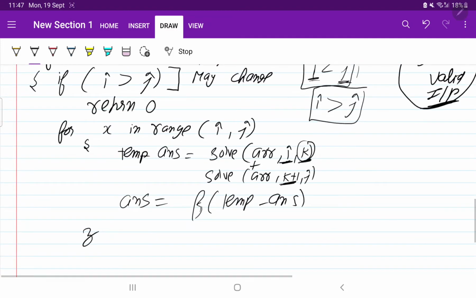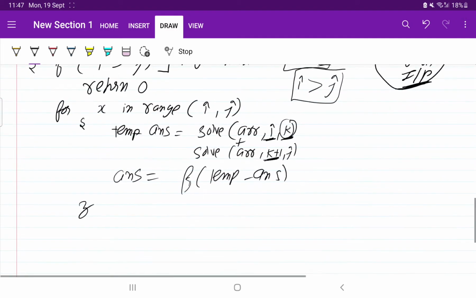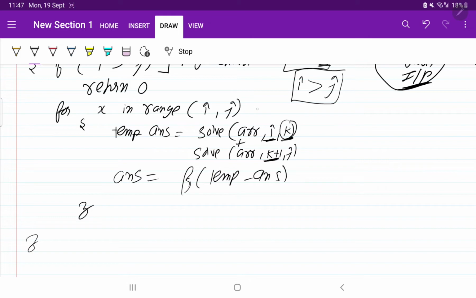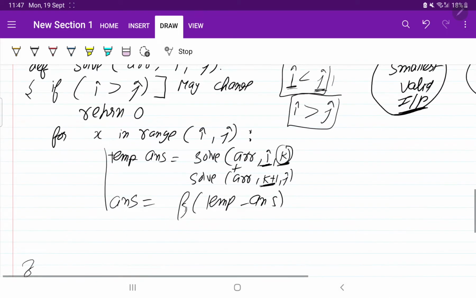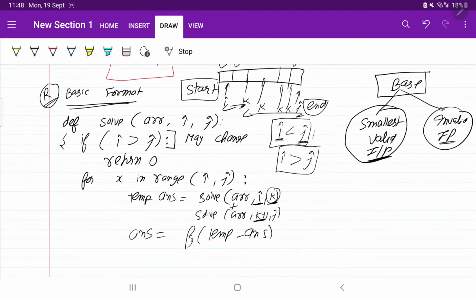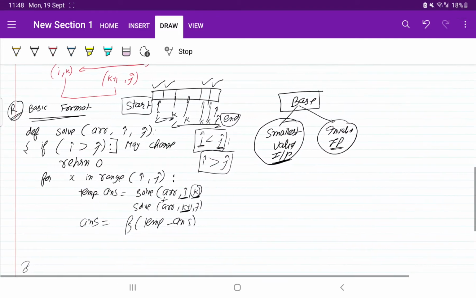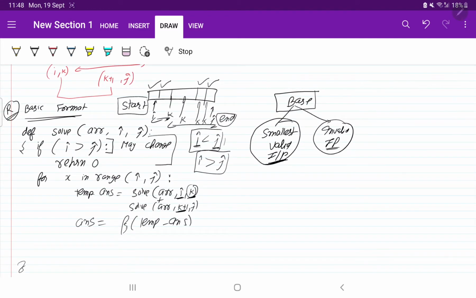Fine. This is the recursive approach to solve the problem. So in Python we will have indentation. Okay, so the if condition is also like this, and it is going to be indented. Perfect. So this is the approach to solve the MCM question. So first of all, here is the base condition, and then we have to use the for loop to traverse the values. Okay, so here it will be k, because the k value is changing, not x.